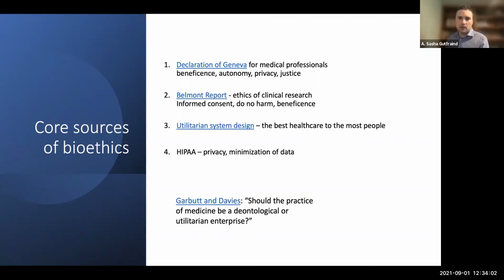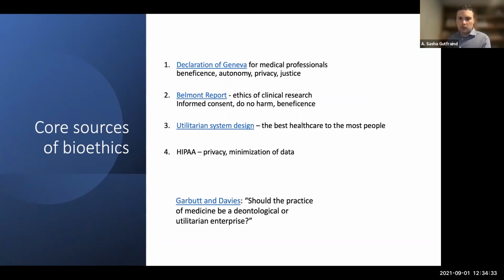We have a population in the medical center or in a large system, and we want to give a solution that will, say, monitor these patients and give the best health to most people, while number 4, respecting their privacy. And that's where HIPAA comes in and tells us what we can and cannot do with data. But this is a somewhat utilitarian perspective on